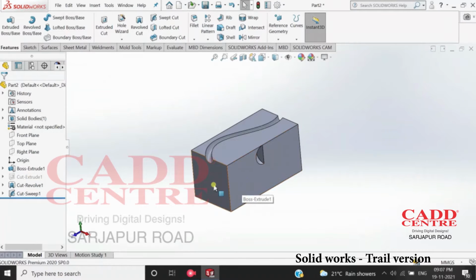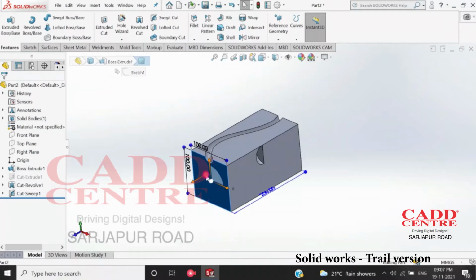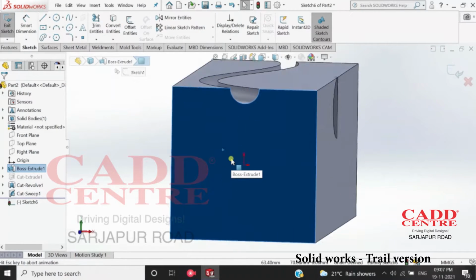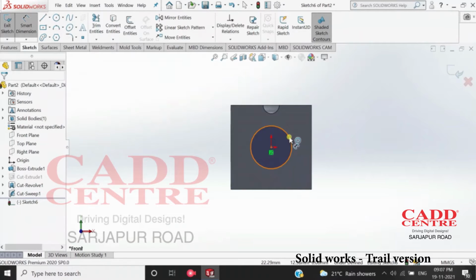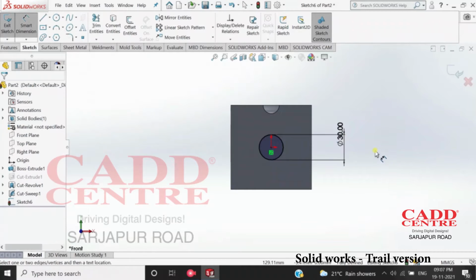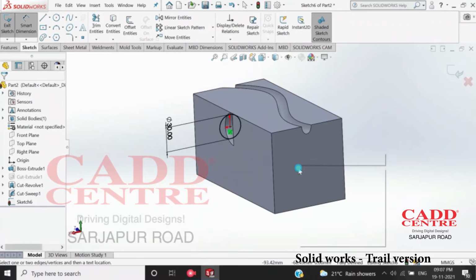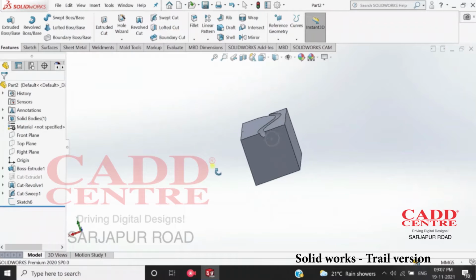Okay. Here I will discuss loft cut. See, in loft cut we have to create two profiles, and between them the removal of material should be done. Just do it. Sketch over this plane, control it for normal, make it a circle. Dimension it 30. It starts from here and it will go up to here.